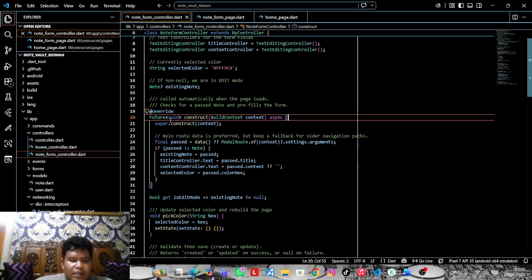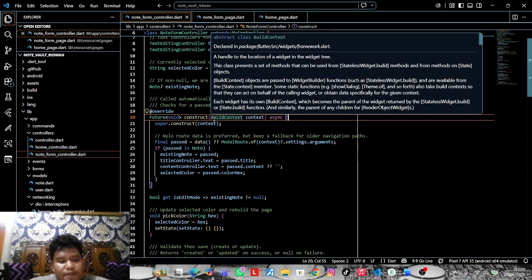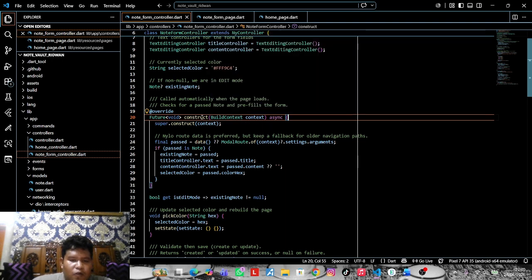And then this function is initialize the form. The construct function is called automatically when the node from page open. Its job is to check whether a node was passed from the home page.